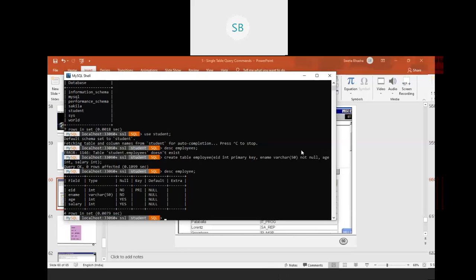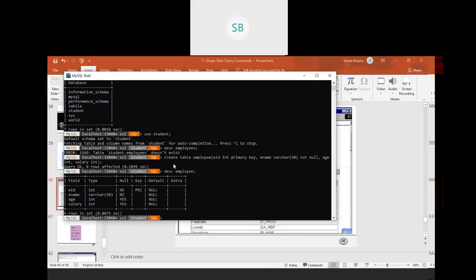So last day the table I created is all gone. So today I again created one table, using the same database, the student database which I already had. I didn't remove the database. So first we have this one. I've created an employee table, but I have not inserted the values.